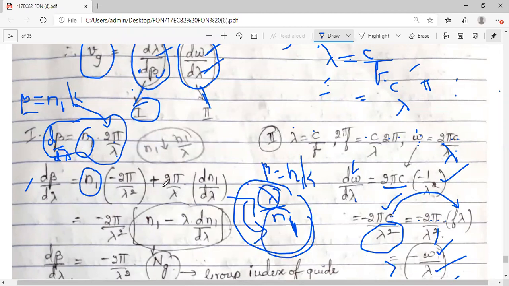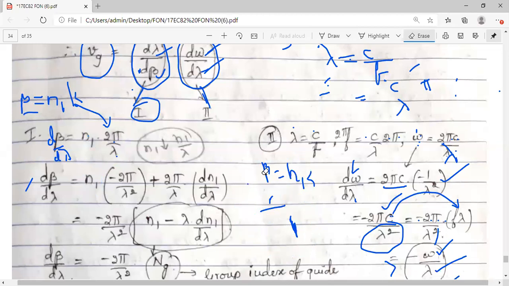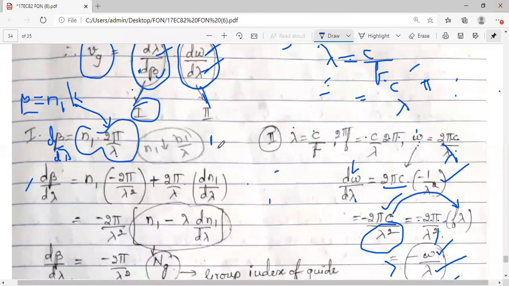But when it comes to propagation through the modes in an optical fiber, in a waveguide, n1's dependency on lambda cannot be neglected. Because of that, I cannot take n1 as a constant term. Instead, when I apply the differentiation, I need to make use of the UV form. n1 is one variable, the other variable is lambda. n1 u into v. That's why in the first term, u I have kept as it is, n1.